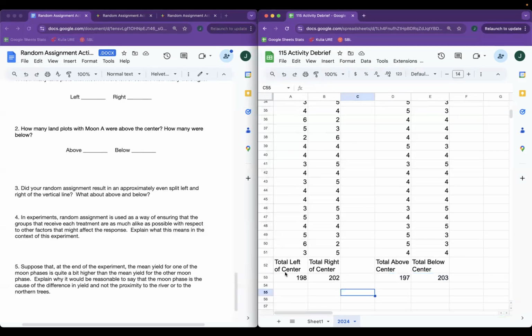Okay, number four. In experiments, random assignment is used as a way of ensuring that the groups that receive each treatment are as much alike as possible with respect to other factors that might affect the response. Explain what this means in the context of this experiment. So in the context of this experiment,